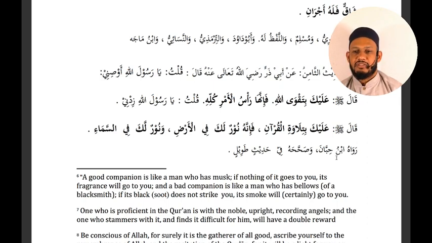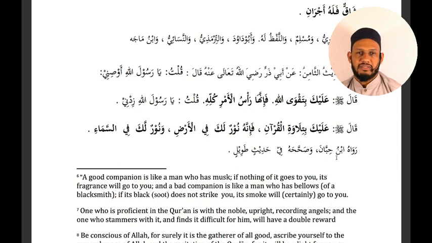So bismillah. فَإِنَّهَا, for verily it, refers to taqwa. And why is taqwa female? Because I remind you from first year that the word that has an alif with no dot is feminine. For verily it, taqwa, is ra'sul amri kullihi. Ra's also means the head. Your ra's is your head. So ra'sul amr means the head of the matter. It is the head of the matter, kullihi, all of it.